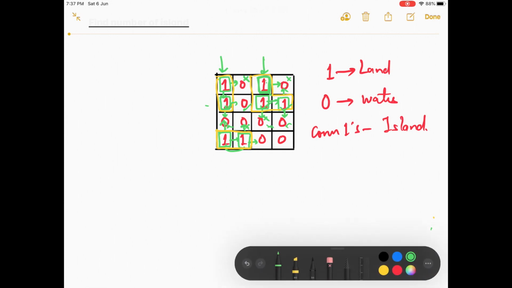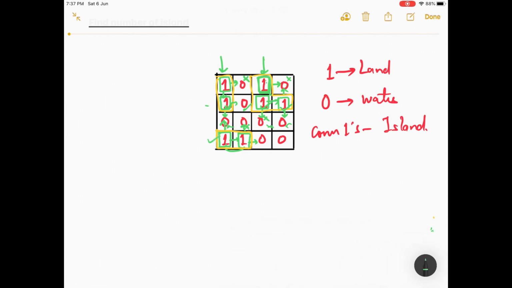Now I go back, and now this is done, this is visited, this is a 0, this is a 0. So this is how I actually solved it. And what's the time complexity of this? For every element I go and find all the neighboring ones, and if it is already visited, I don't go and find it. So actually I visit every row and column. So the time complexity is O(n × m).